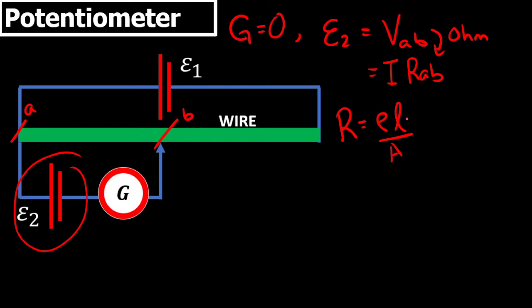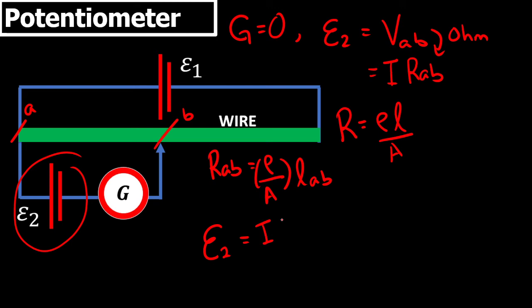So R_AB is merely rho over A, because they're constants, times L_AB. In that sense, epsilon 2 is equal to I rho over A times the length between